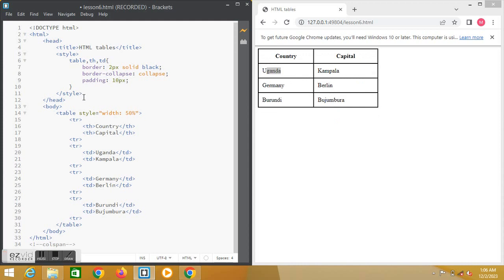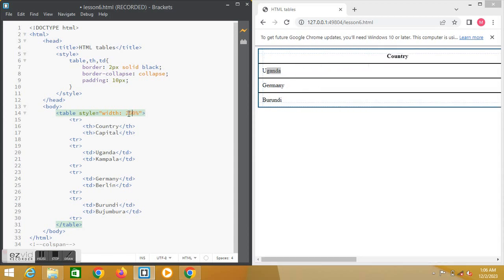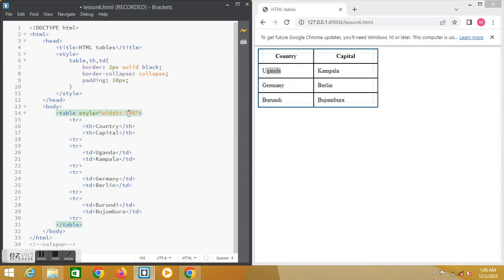that you want. So when you come to the table, in the table tag, you see we put a style width 50%. You can change this width, maybe you say 20%. It's just according to how you want your table to look. You can say 100%. So first we create a table row,